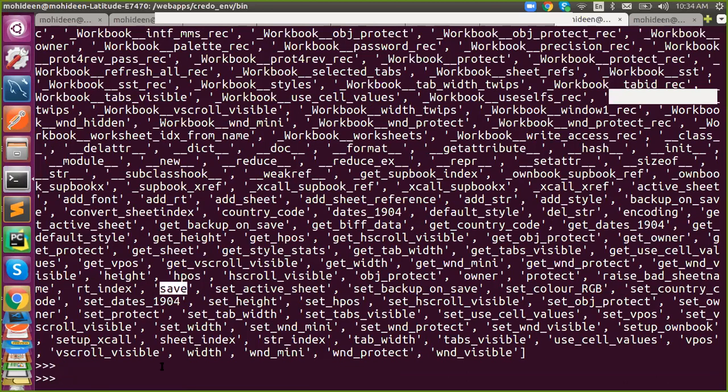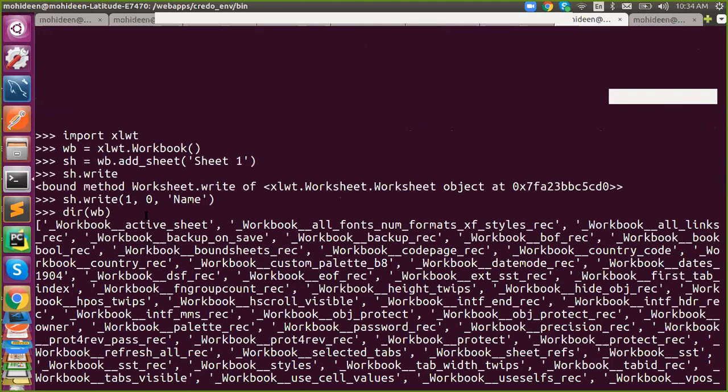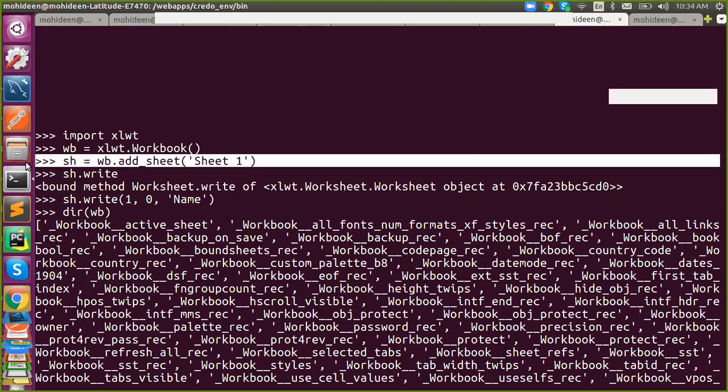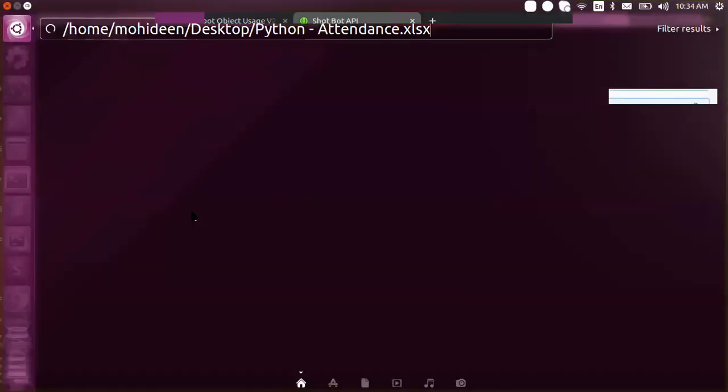Use that. So what I tried: import, creating a workbook, add a sheet, and then start writing. So this is the row, this is the column, and this is the column value. Got it? So I'm going to save it. Then close.